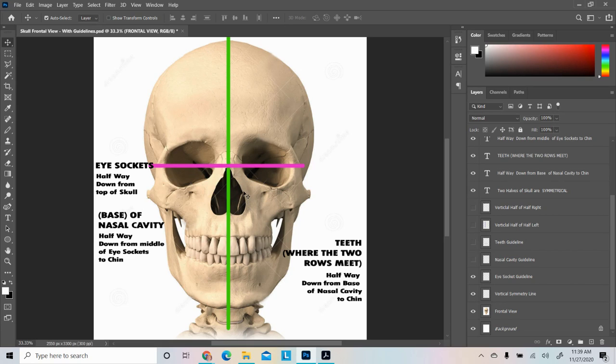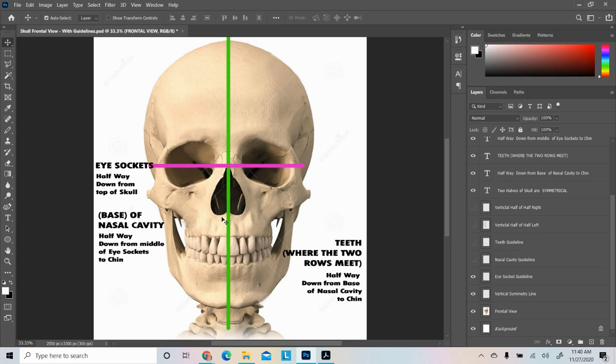I like to say an upside down heart because it does curve very much like a heart at the bottom. And so when we're actually looking at the proportions of the nasal cavity, we're really trying to say where does it line up? And we're actually putting a line right at the base of the nasal cavity where that rounded heart is. And if it was a fleshed face, it would be like just the base of the nose